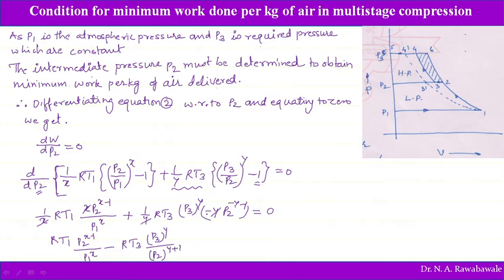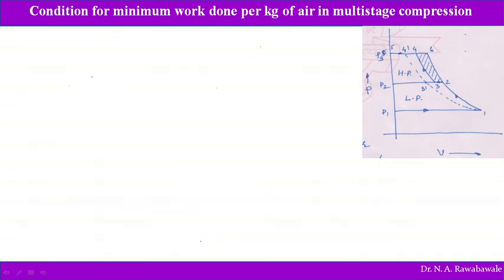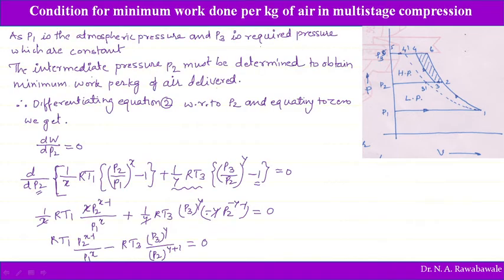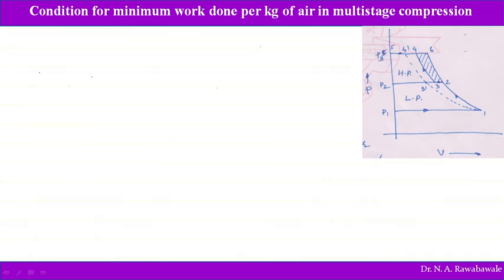So P2 to the power of minus y minus 1, if we take into the denominator it will be y plus 1. This is equal to 0. So coming to the next slide, we will see the term which is negative. So this negative term is transferred on right hand side. So on left hand side what is going to remain is RT1